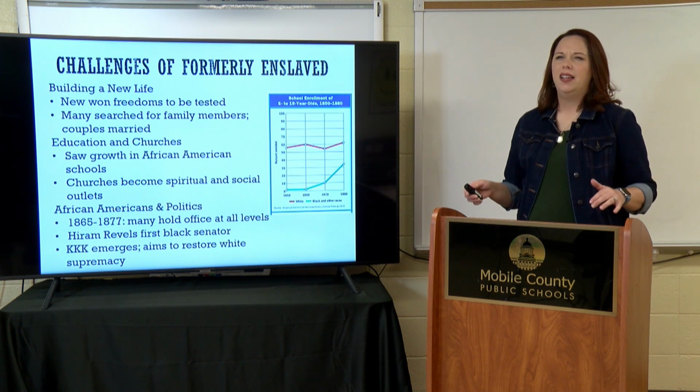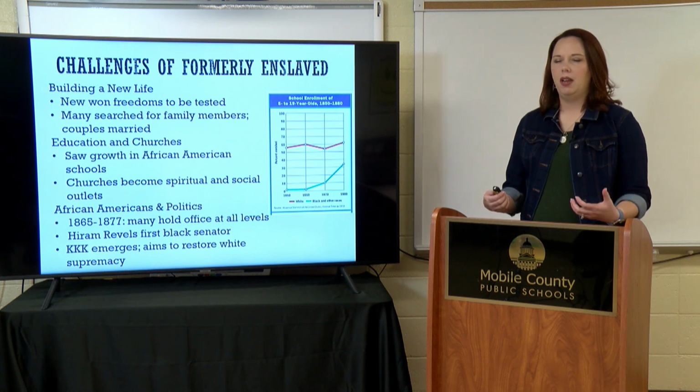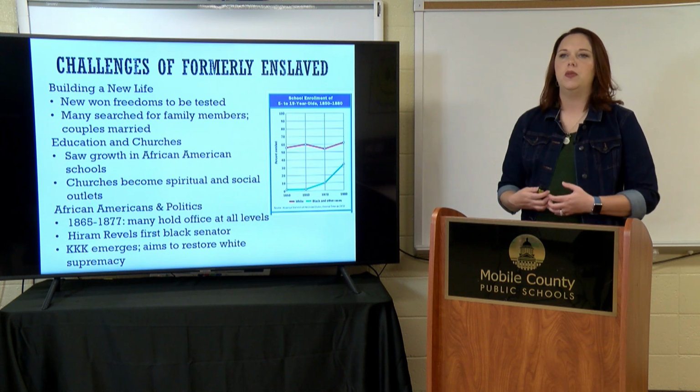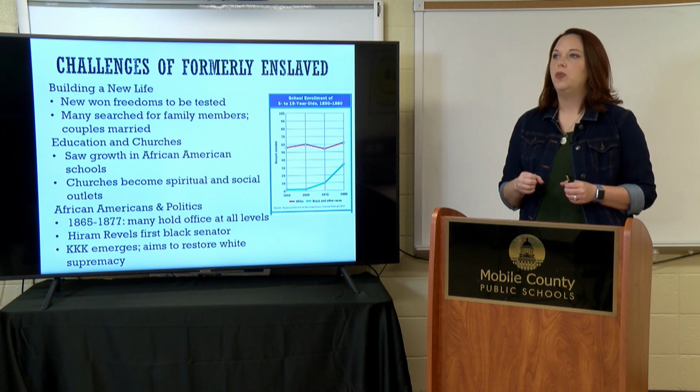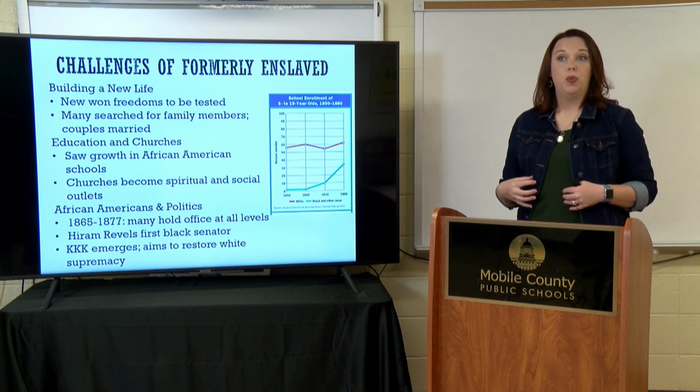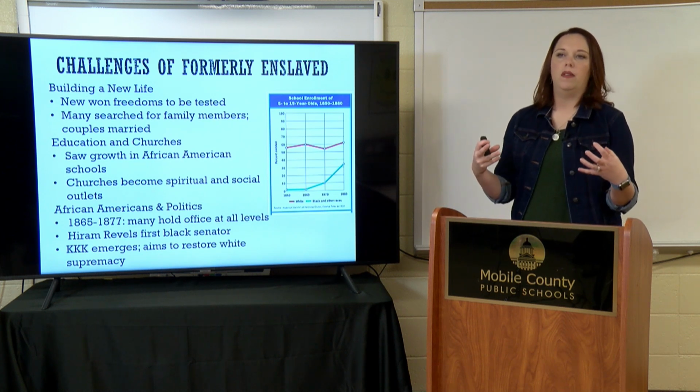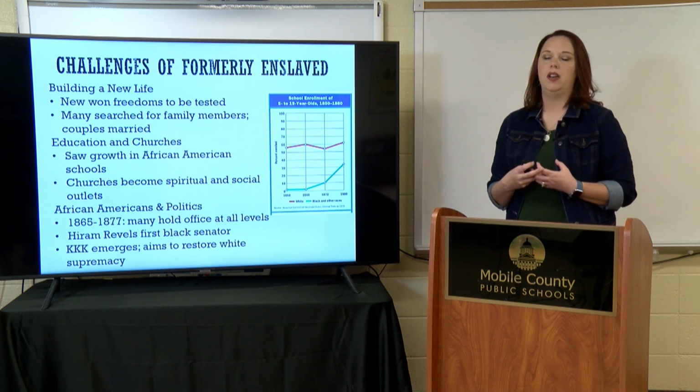But this is not going to be something that's going to dominate American politics, because there's always going to be this group, not just one specific group, but individuals that come together that are part of this major group of people in the United States that still want to suppress African Americans. And it's going to be hard for them to make strides. They're going to make some positive strides in politics, but there's always going to be people that are trying to push them back to prevent them from gaining any type of power in American politics.